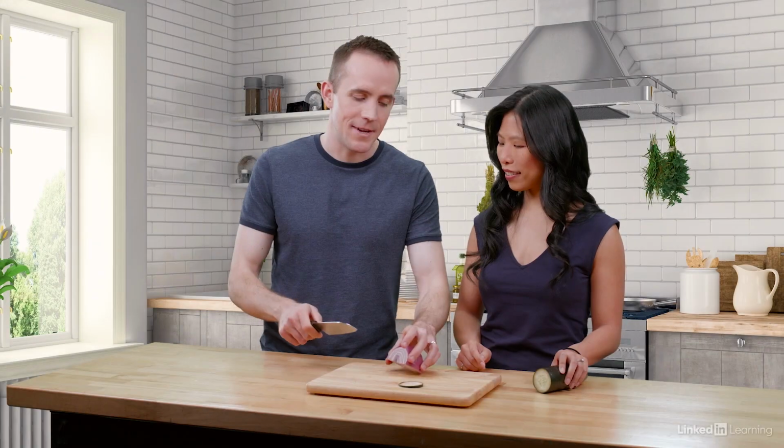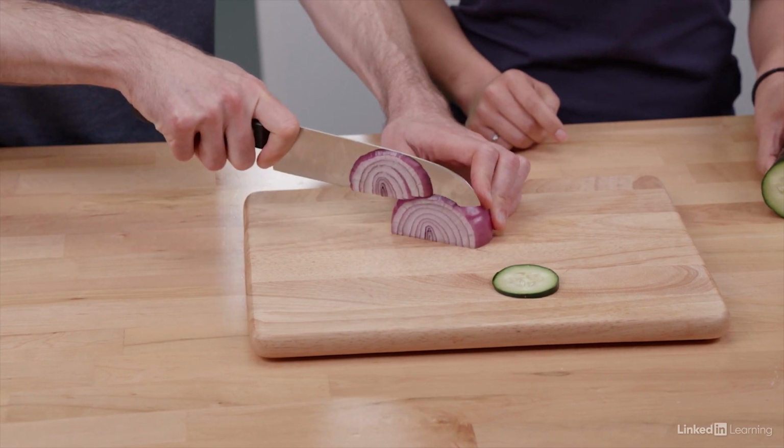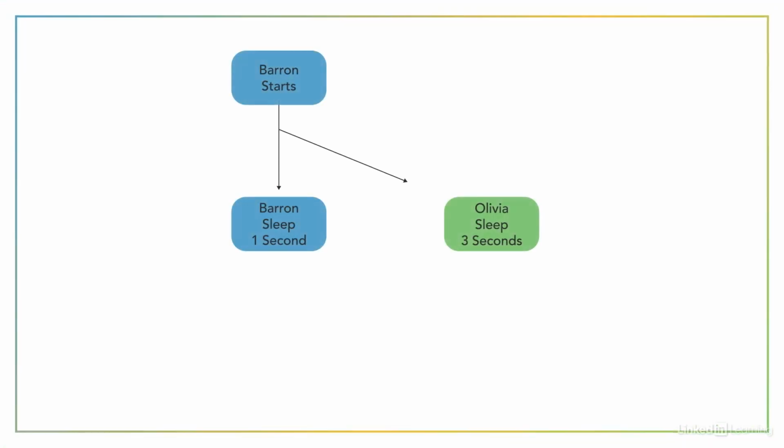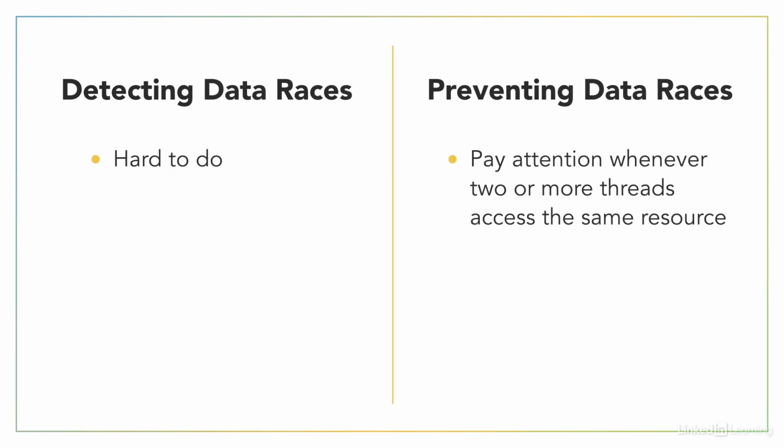The purpose of this course is to give beginner and intermediate programmers a basic understanding of how to write concurrent and parallel programs. To get the most out of it, you should have some programming experience, but you don't need to be an expert. The videos of us working in the kitchen will demonstrate the key concepts in general terms, and then in the C++ code examples, I'll explain the unique terminology and nuances that make C++ different than other programming languages. If you're interested in concurrent and parallel programming in other languages, be on the lookout for different versions